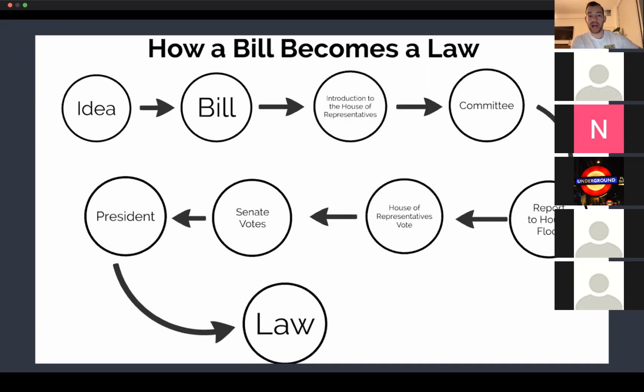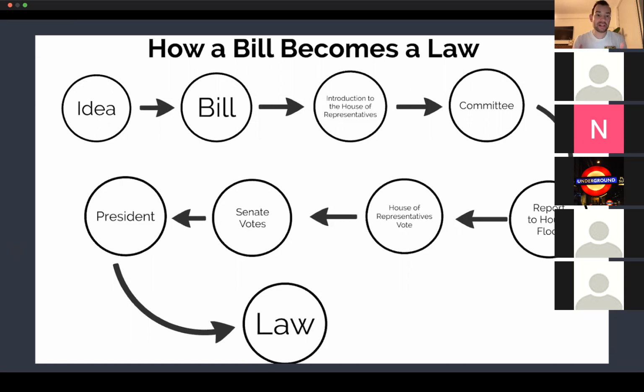Then they bring that to the full House, to all 535 members of the House, and then they vote on it. If they vote yes, okay, great. Then we're going to move it over to the Senate. If they vote no, then it can go back and they have to work on it again until they get enough support for the bill. If there is enough support and they vote yes, then it goes to the other House, so it would go to the Senate. Now the Senate has to go through the same process. The committee in the Senate is going to review this bill. They're going to see if they want to make changes. And if they can't agree to it, then it will go to what's called reconciliation. And then you'll have members of both the House and the Senate working on this bill together over many, many late nights.